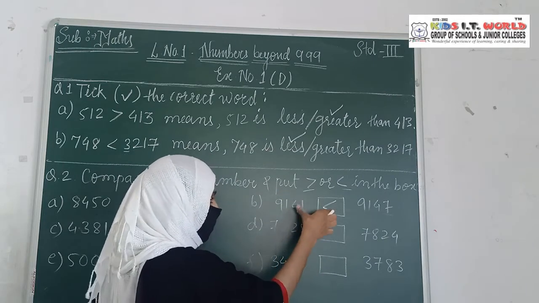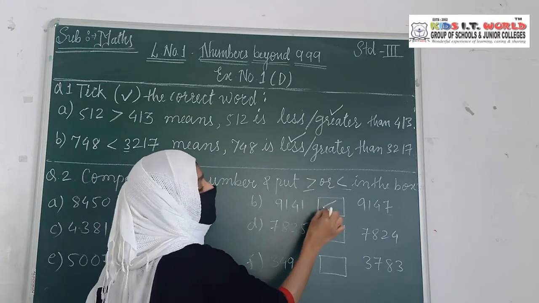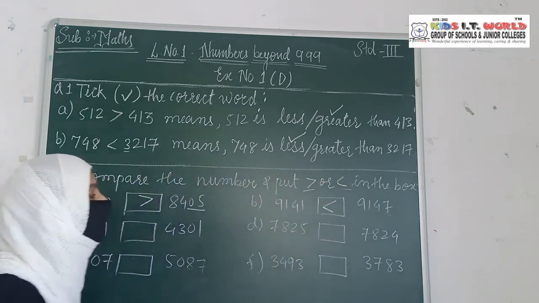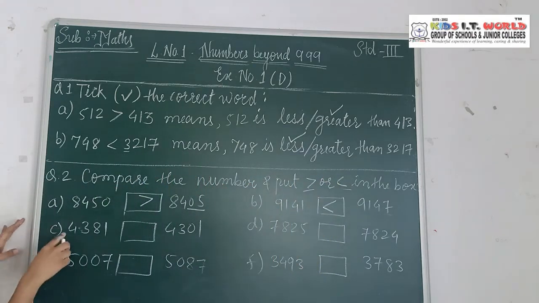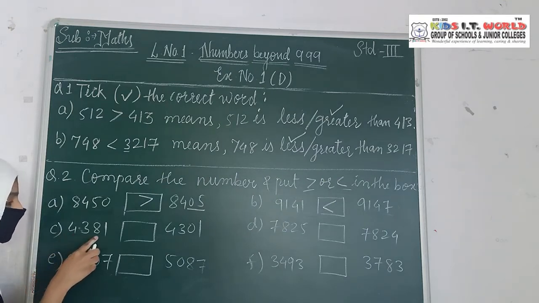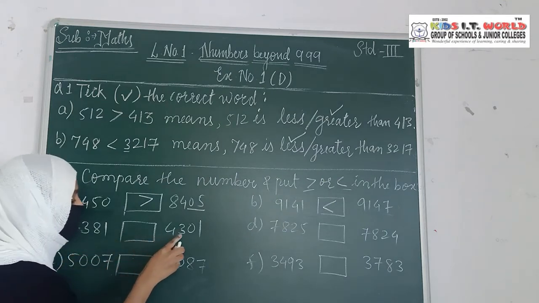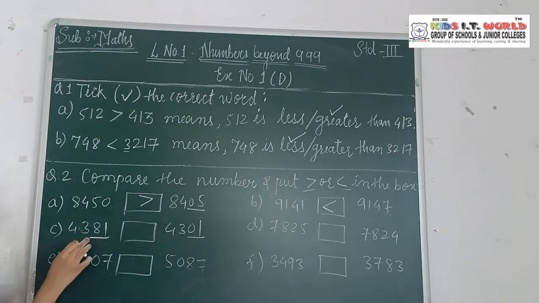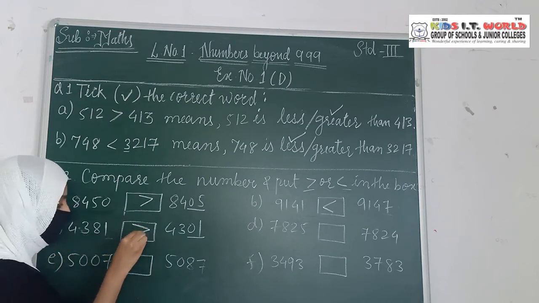अगर आप कंफ्यूज हो रहे हो कि ग्रेटर देन और लेस देन के साइन में, just see which number is greatest here and put the sign space on that number side. Now 4381 and this is 4301. See, here it is 1, here it is 81. So easily you can say which number is greatest? 81. So here 4381 is greater than